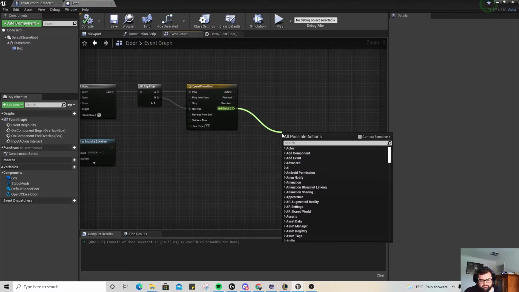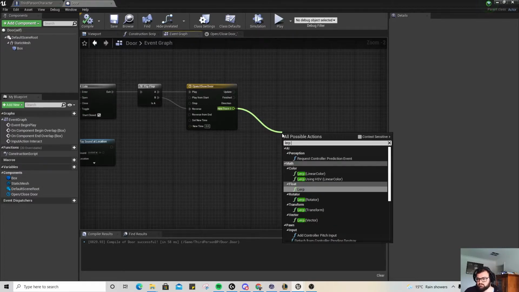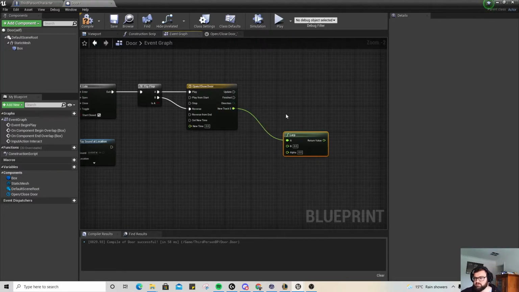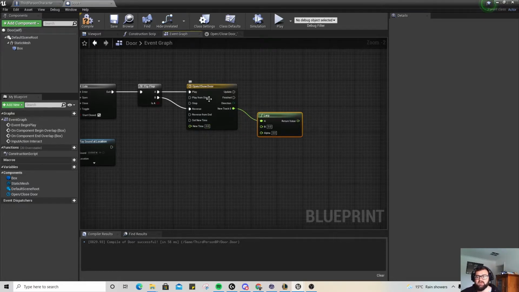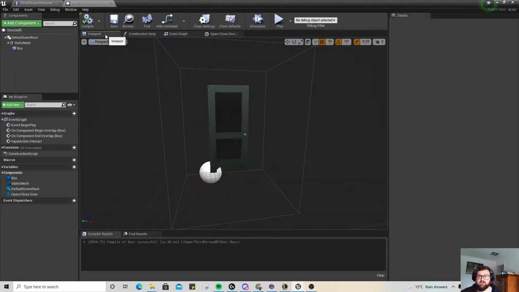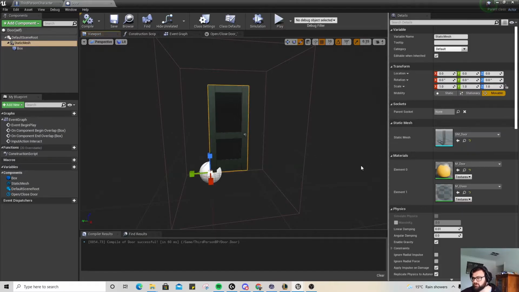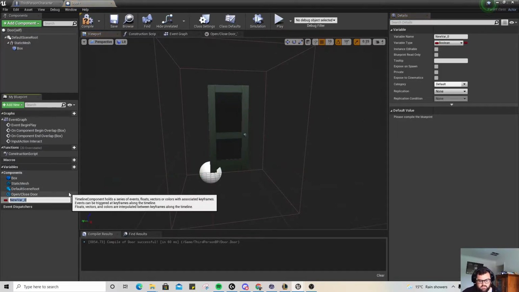We need to add a lerp in. Let's add a float, first one that came up, which is good. So this is going to tell us the different states that we want our door in. We've already said on there we want it moving from one point to another point over 2 seconds. So what we can actually do, if we go back to our viewport and have a look at our door, you can see here with the Z axis that it's 0. So we can actually add a variable here,